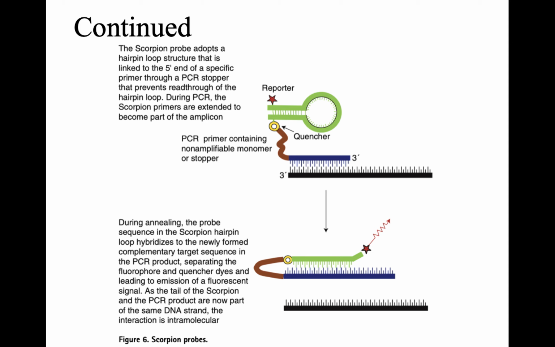Due to this, the energy of the reporter is absorbed by the quencher, so the reporter signal will not be detected in the system. This we need to understand: whenever the reporter and the quencher are very close to one another, the quencher absorbs the energy of the fluorescent molecule of the reporter and dissipates it as heat, so the fluorescent signal will not be detected in this structure.